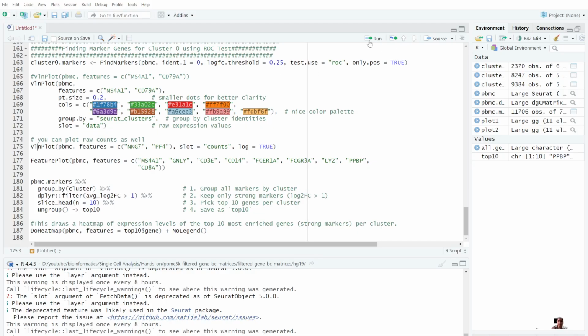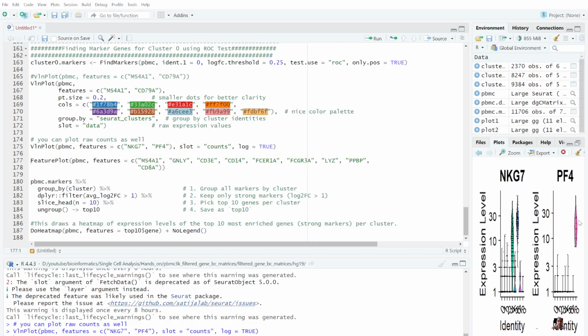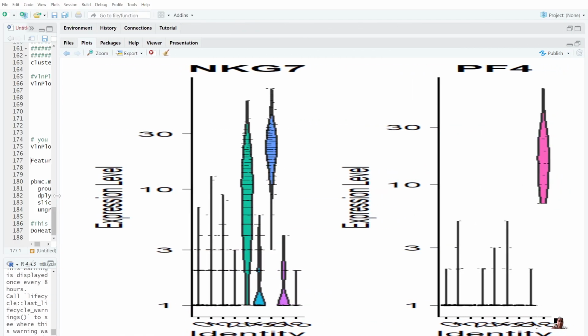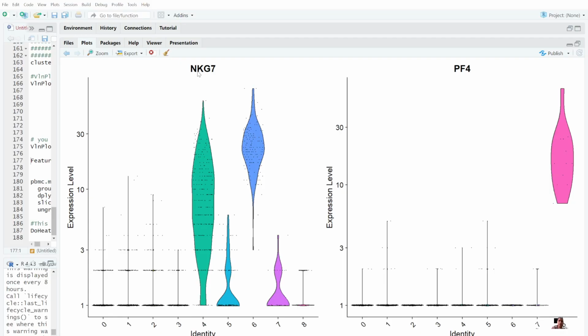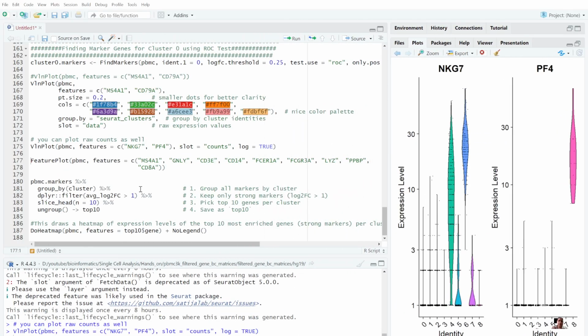If I plot this violin plot here and run this, I get this, before normalization or anything. We have chosen the NKG7 and PF4 genes. You see in the fourth cluster the expression level is quite good, and we are also getting it in the fifth, sixth and seventh clusters. For the PF4 gene, we are getting expression in the eighth cluster. And you can see the distribution of the cells, each point again being a cell. So like that, you can go and verify. Raw reads can give you some insight, but you'll get better plots and better insights after normalization and